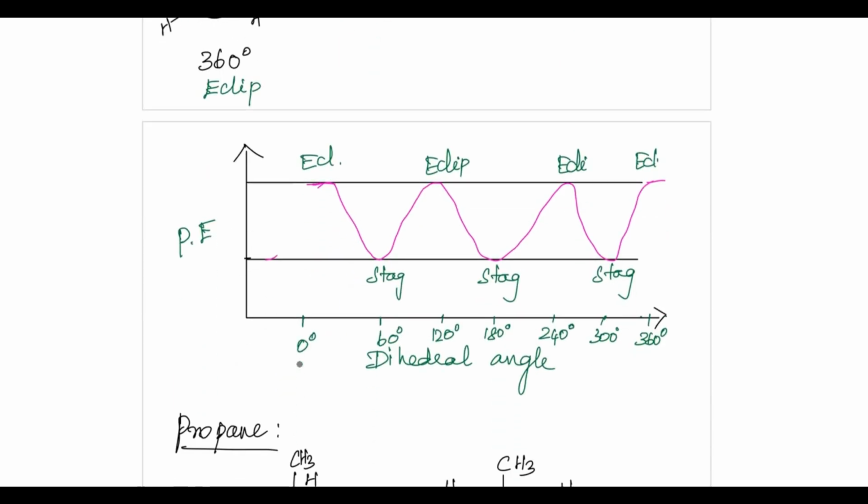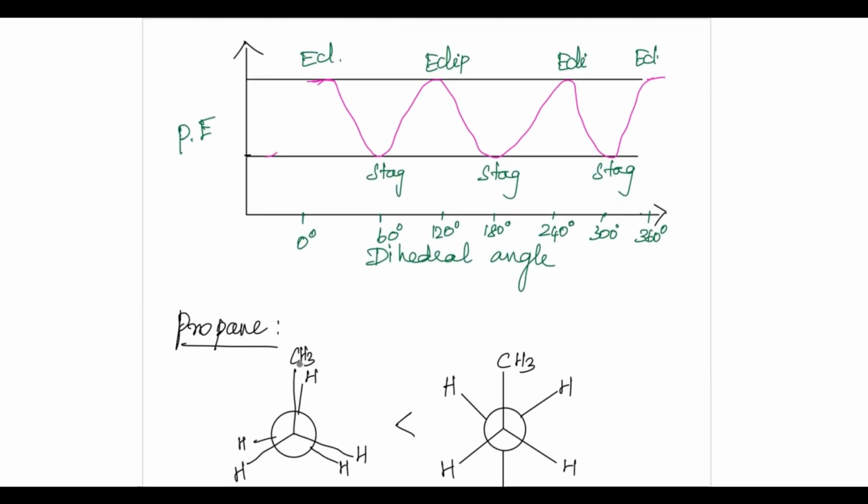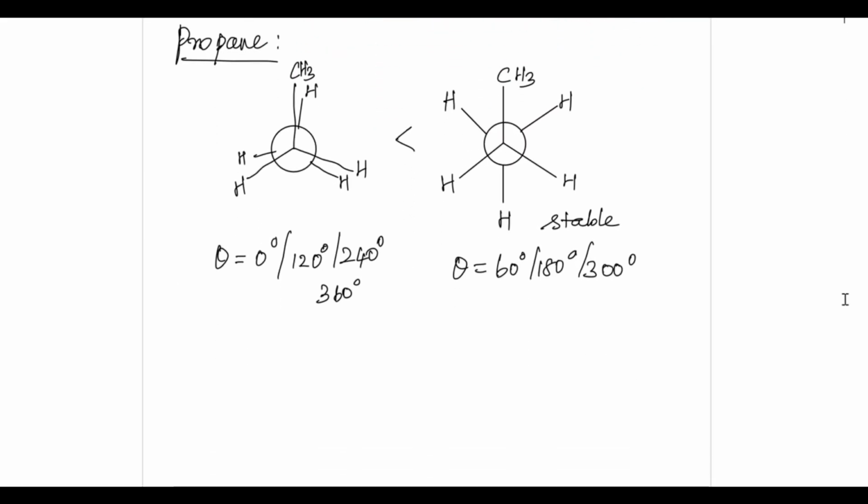Okay. If I'm comparing staggered and eclipsed structures and which is more stable, eclipsed ones have higher energy, so less stable compared with staggered. So in ethane, staggered are more stable. In case of propane,